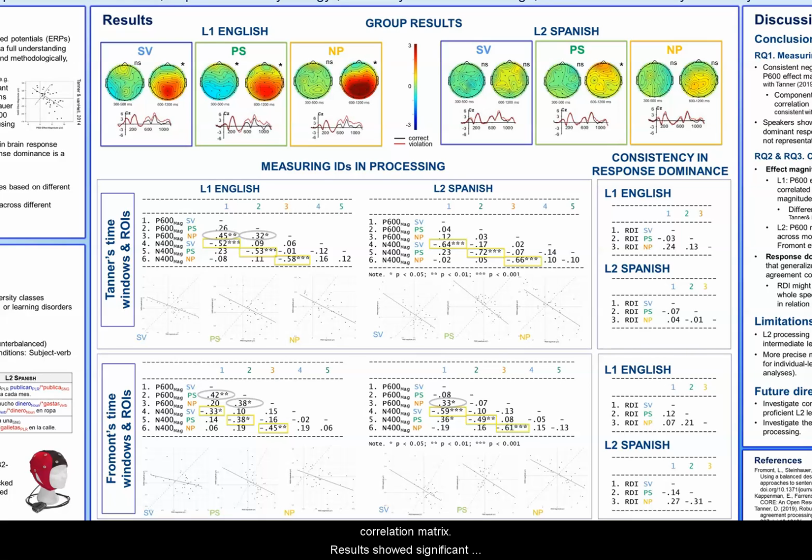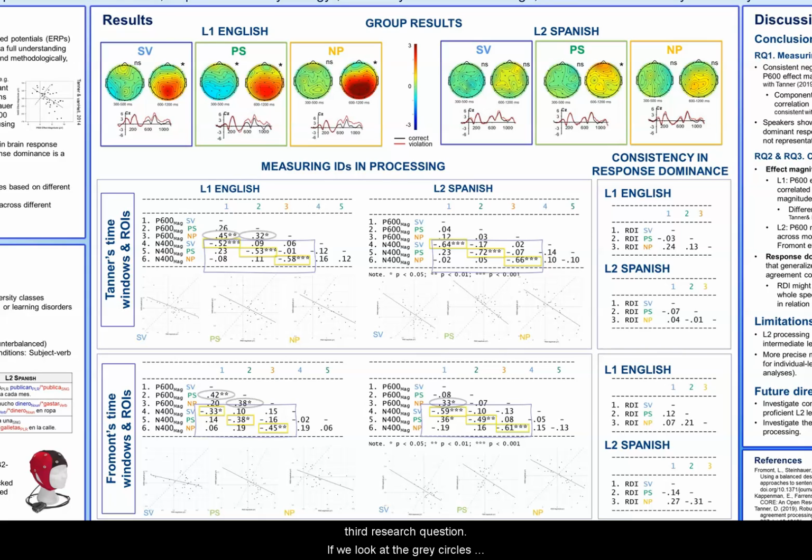Results showed significant negative correlations between N400 and P600 magnitudes in all experimental conditions, both in the L1 and in the L2, in both Tanner and Frömand approaches. These negative correlations are illustrated in the graphs below, which display individuals' P600 and N400 magnitudes on the x-axis and y-axis respectively. Next, we're going to explore whether brain responses are consistent across experimental manipulations to address our second and